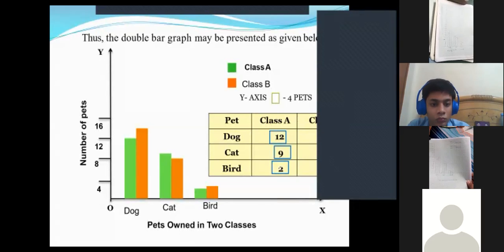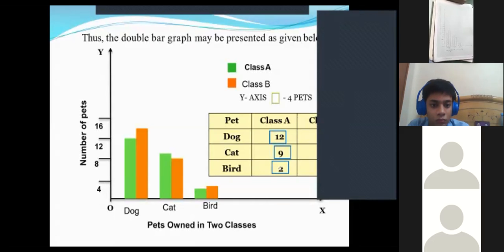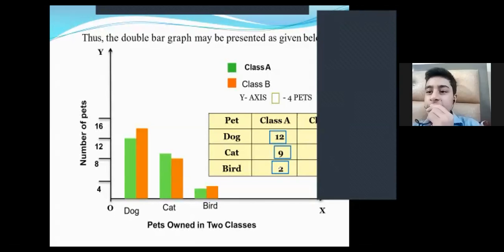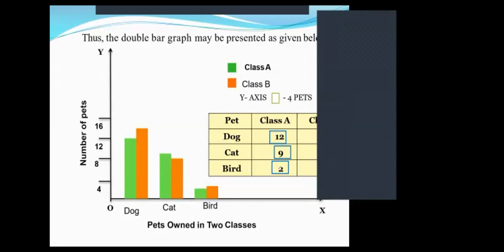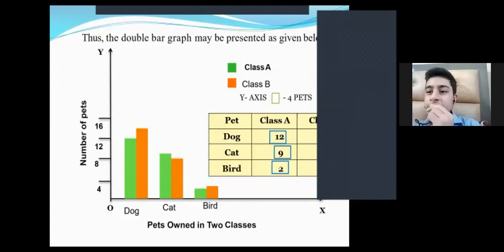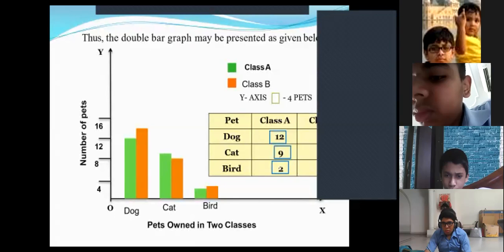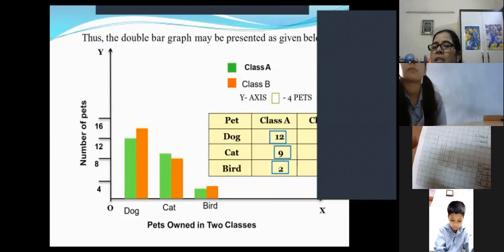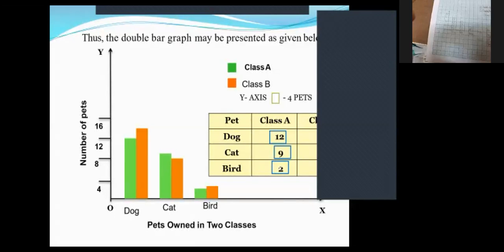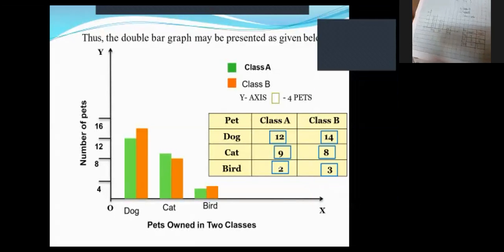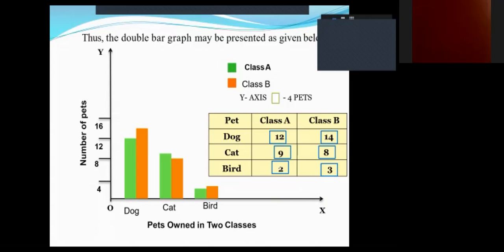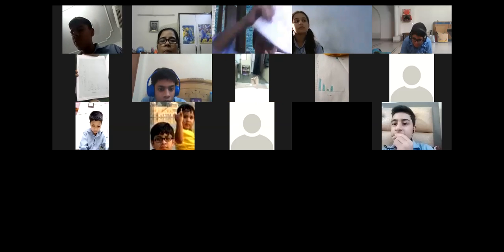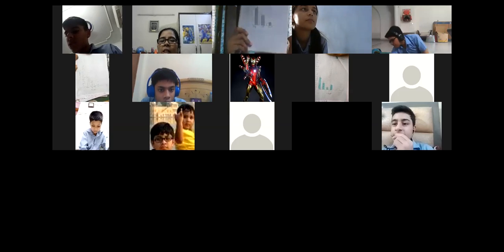Ma'am, Aman Sani's is done. Aman Sani is right. Shreya, show your work. Krish, let me see Krish's work. If all of you are done, I can change the view. If I change the view, I can see better. Krish, yes. Done, ma'am. Wait. Now I will check one by one everybody's work, and I'll show to others also.